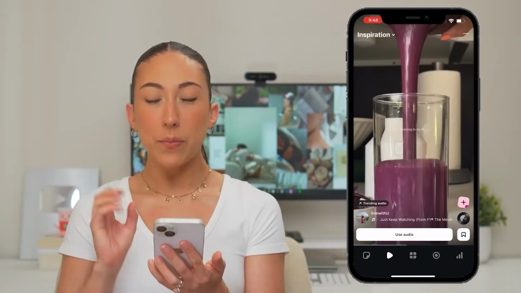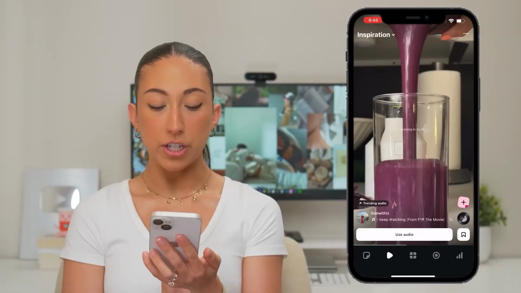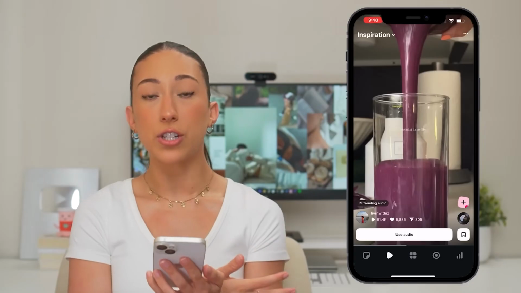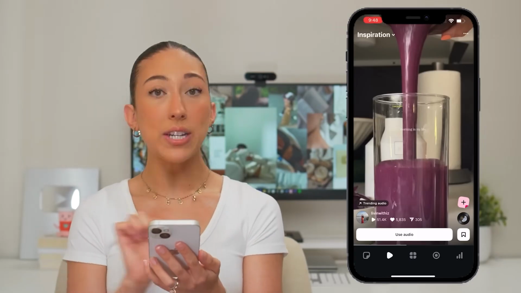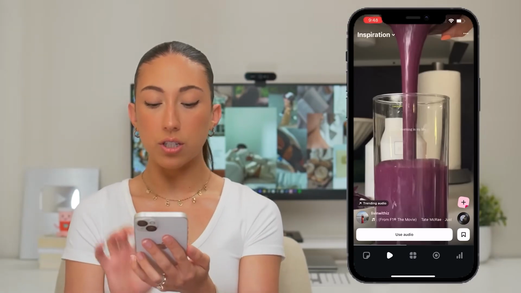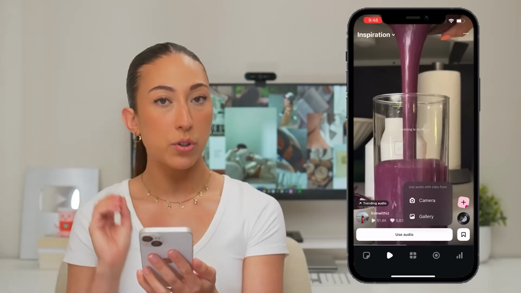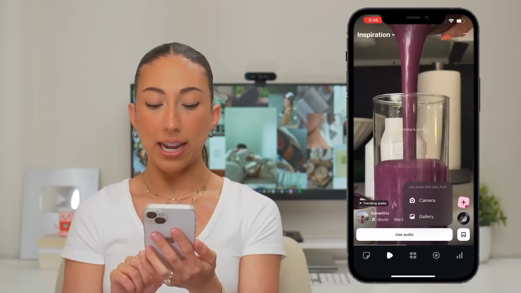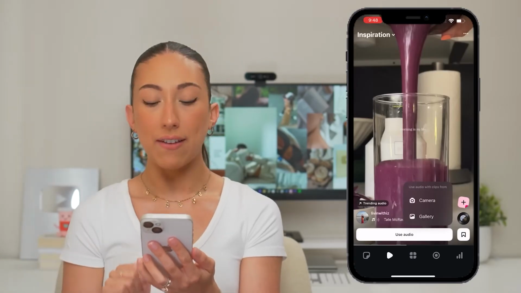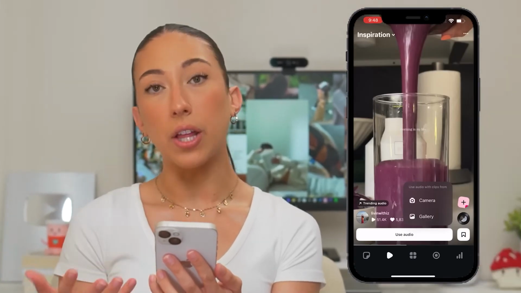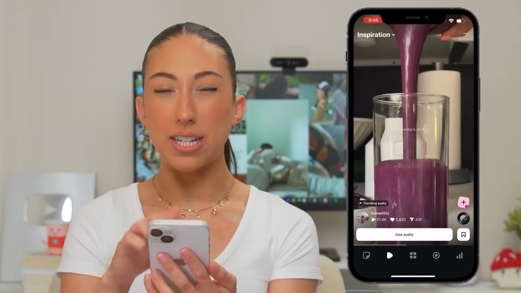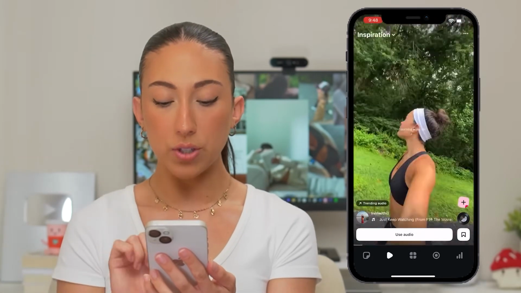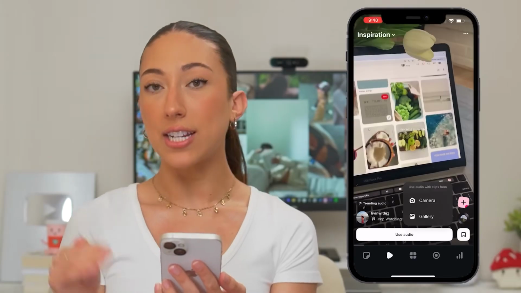Just going over a few basic functionalities in the inspiration section. If you come across an audio that you enjoy, you can use it right away. So where it says use audio, you just select use audio and you could jump straight into creation. There's a camera in app. I'll show you that in a second. So you could jump straight into creating that video in app. You could even upload, if it's more of a vlog, like this one is a lot of B-roll clips. You could use audio and then upload content from your